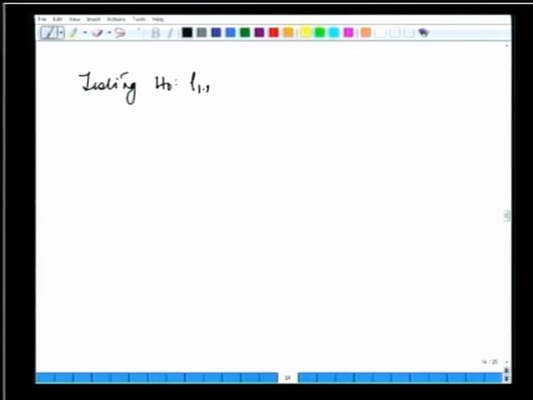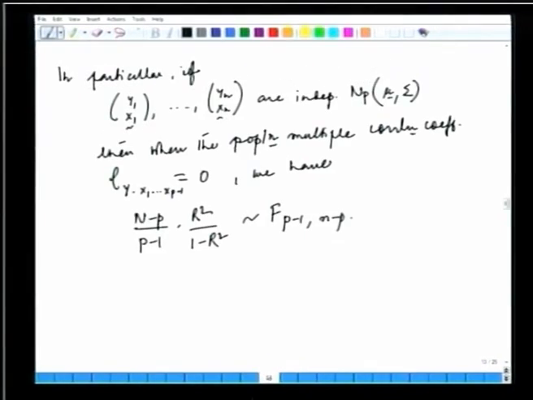that rho y.x1 to xp minus 1, the notation that we are using now, is equal to 0 against the alternative H a, that this is greater than 0, because it is lying between 0 and 1. So, this is greater than 0. So, we can use test statistic n minus p. Have you written capital? Well, there is no need to write the capital N here,